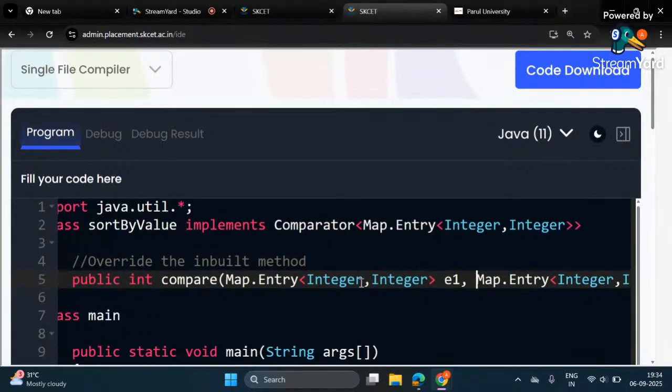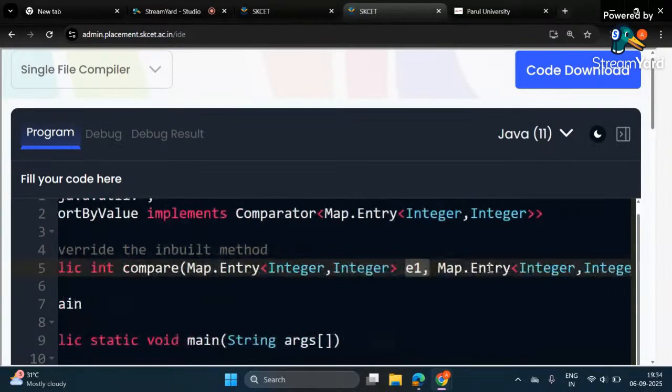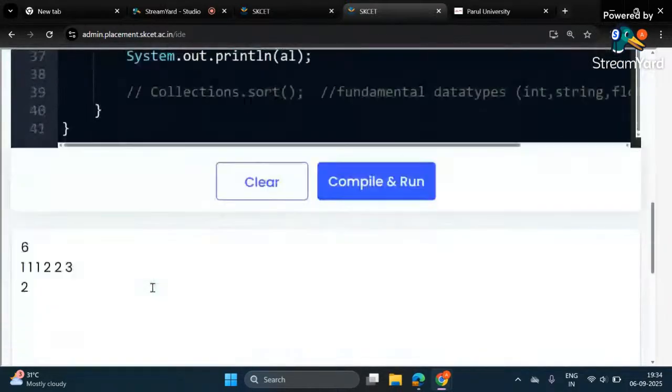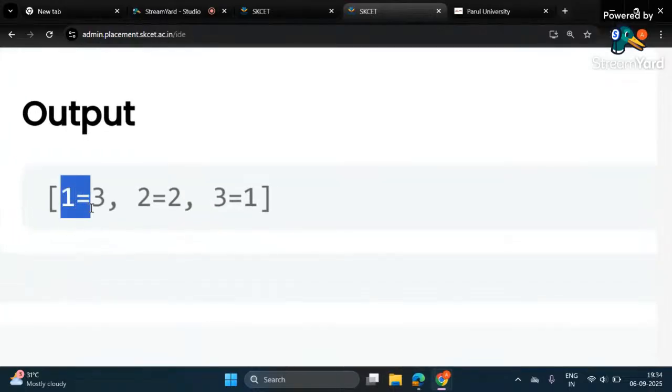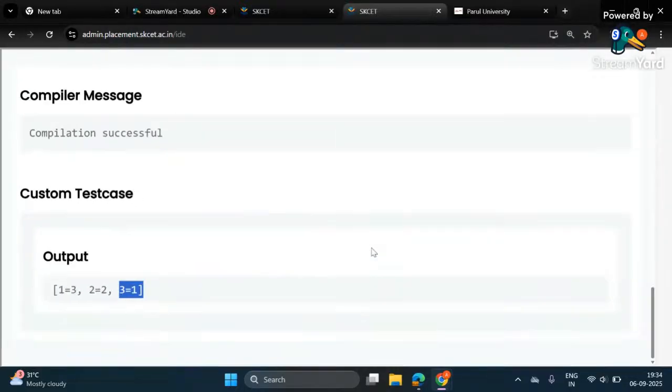I'm going to consider two objects: the first object is e1, the second object is e2. Guys, please listen, let me simplify. Now 1 equal to 3 together is e1, 2 equal to 2 together is e2. I'm going to receive the first two objects, the next two objects, the next two objects. I'm going to consider every two objects,